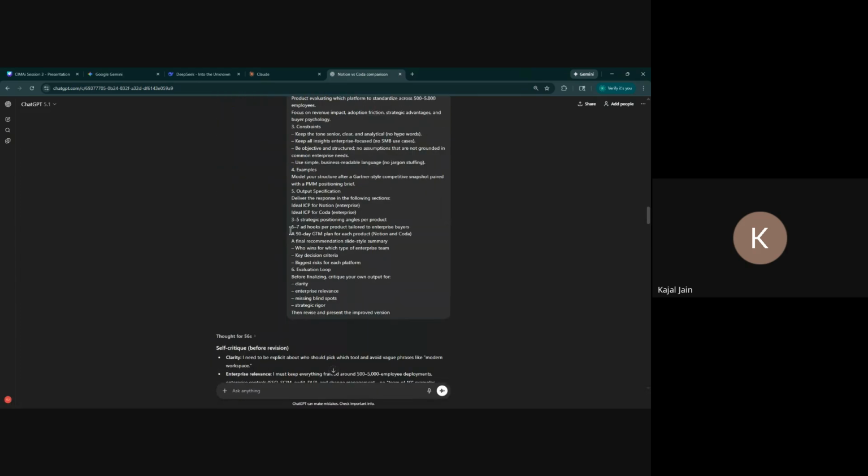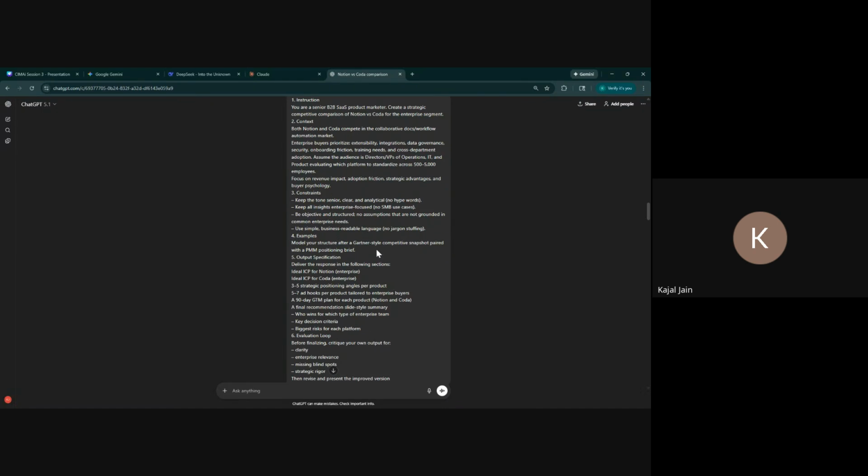Something that you could change: I think I asked for Gartner style. If you have an existing report that you've already produced, you could provide that to your LLM by adding an attachment, or if there's a specific style. So if you said create a 20-page report, or make it deliverable to the CMO, it'll just do the highlights. So you can pick the style and the output that you would want.